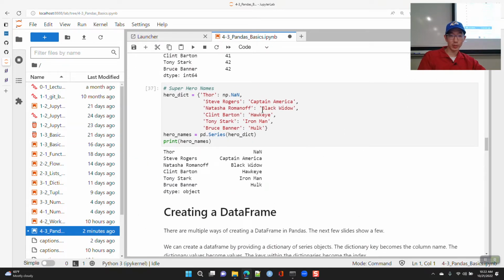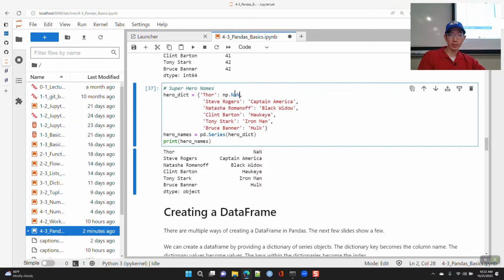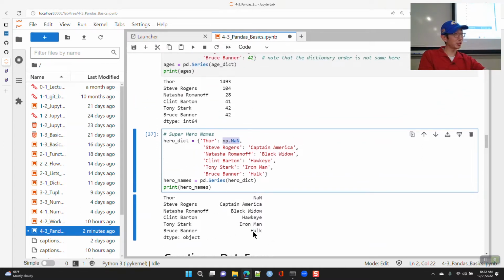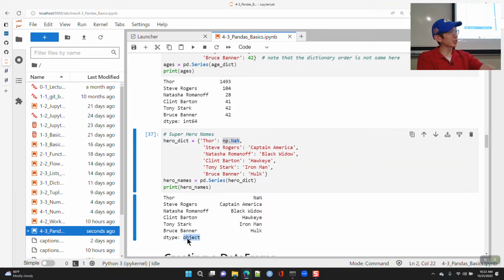When you have a missing value in pandas, we use the nan object. Now, nan is technically a float, but it is allowed to be mixed with strings. And if you do that, pandas calls this object type data.